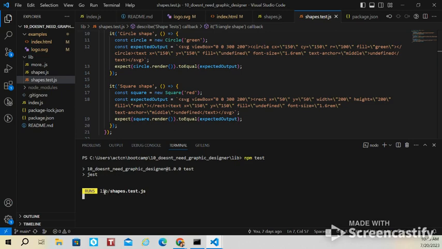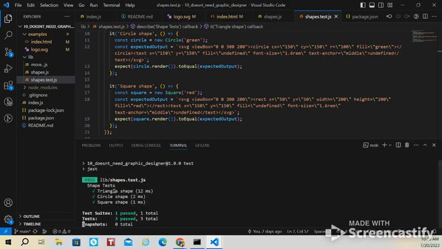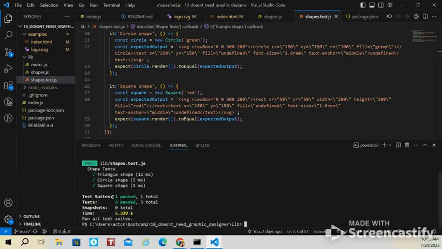Okay, there it goes. So it's running from that file, from the shape.test, and it shows that everything passed. The triangle shape created correctly, the circle shape, the square, they all rendered correctly, which is good. And that is my shape logo generator. Obviously, there's probably a lot more